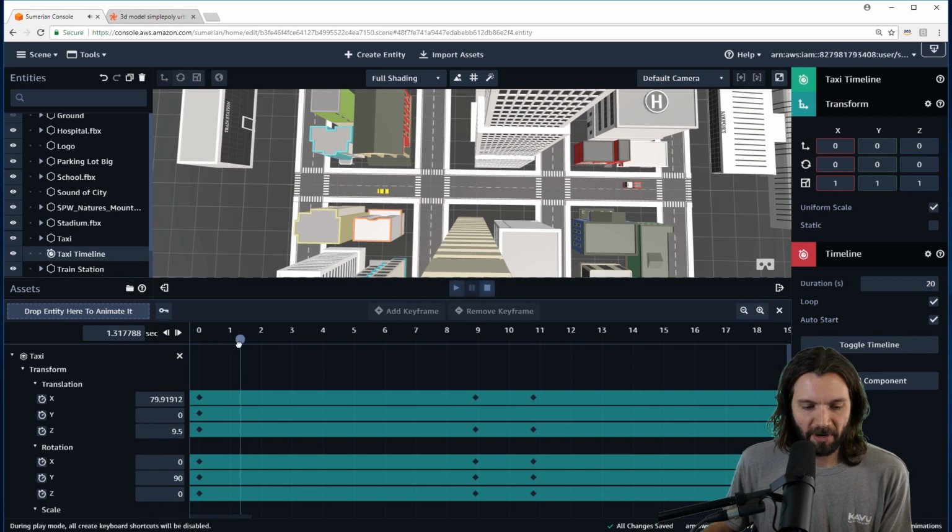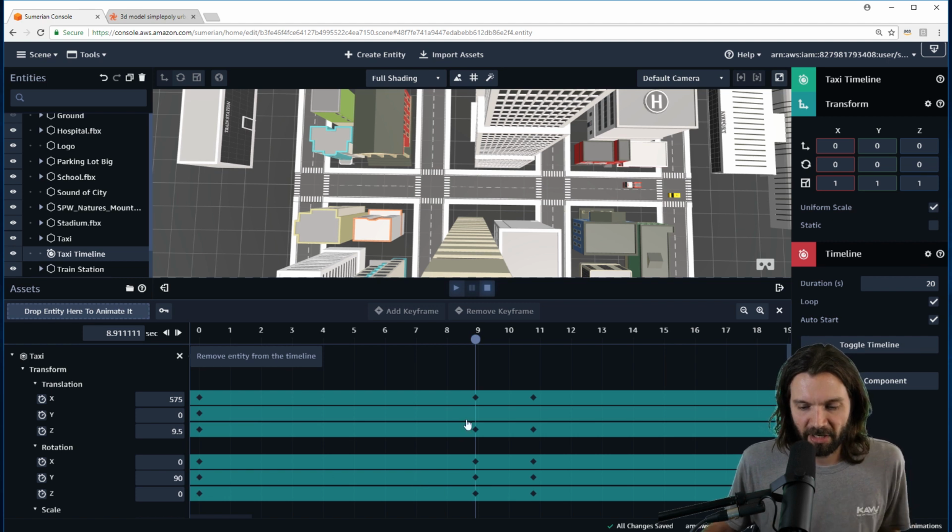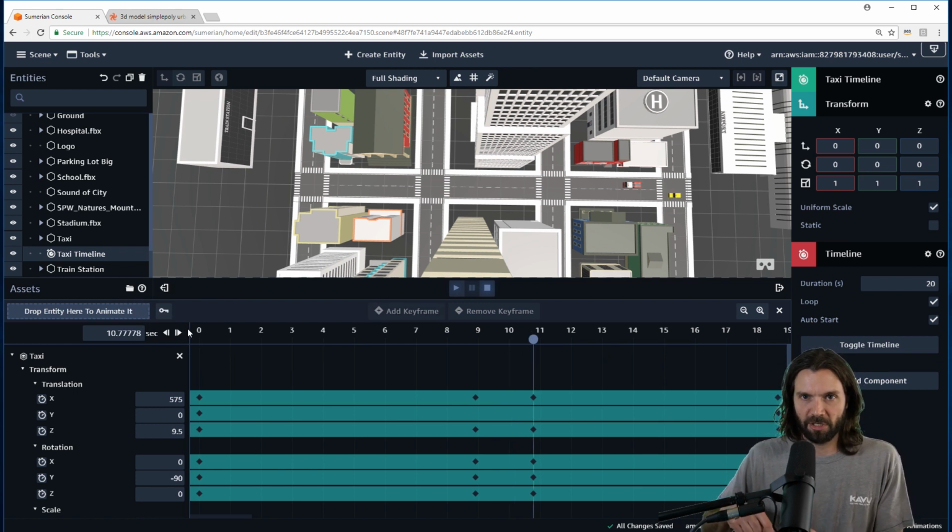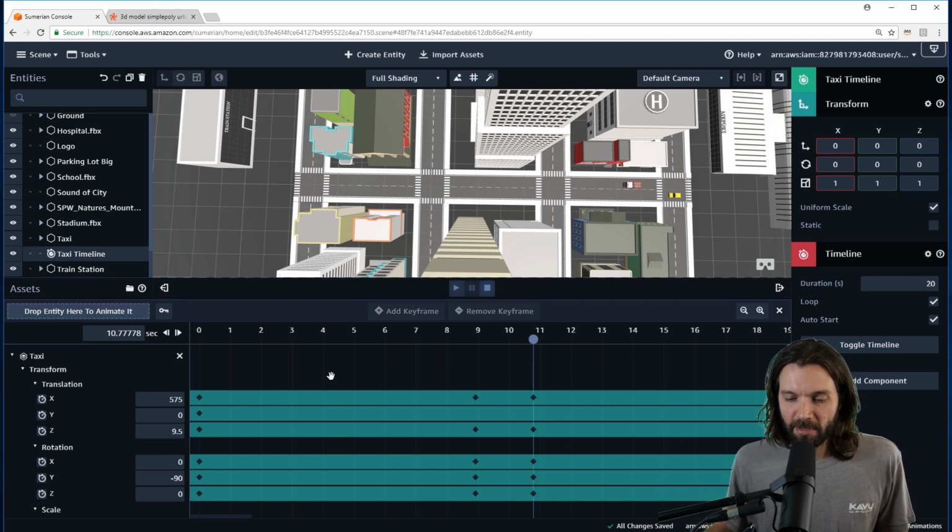It locks in the keyframe, so the Y value is set to 90 degrees, and these next Y values are set to 90 degrees. That's because I didn't want it to change from these first set of keyframes to the second set, but then I wanted it to turn around, and so that's where I changed the rotation of the Y value from 90 degrees to, let's look at that, should be negative 90 degrees, which is a 180 degree switch. And